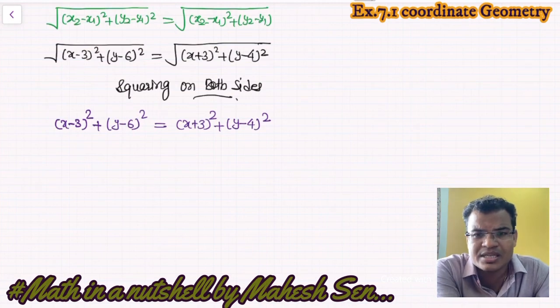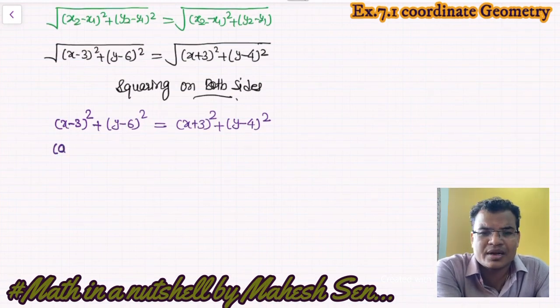There are two identities. For the sake of your remembering, I'm writing here a minus b whole square, that is a square